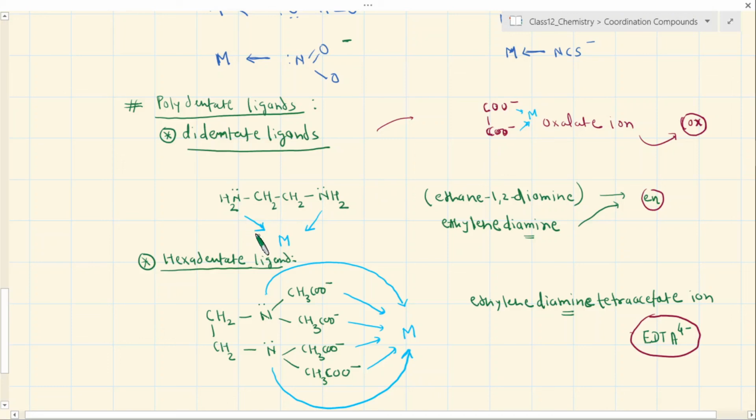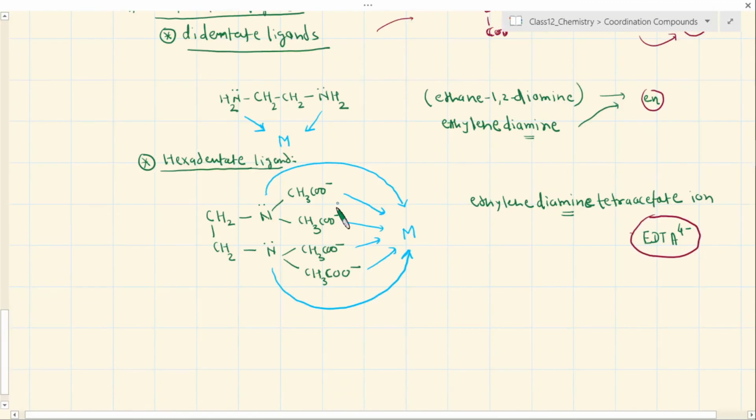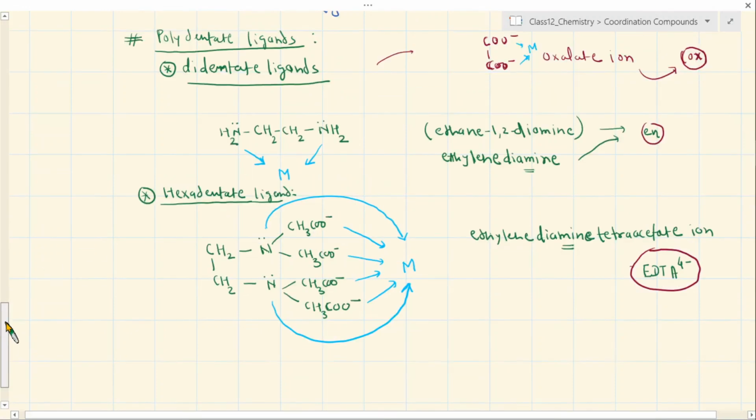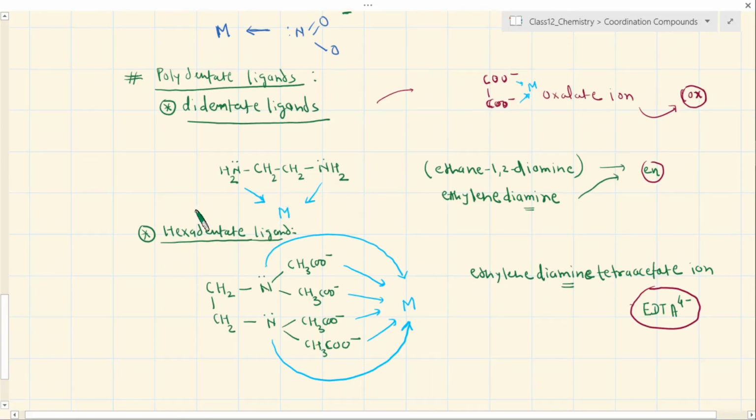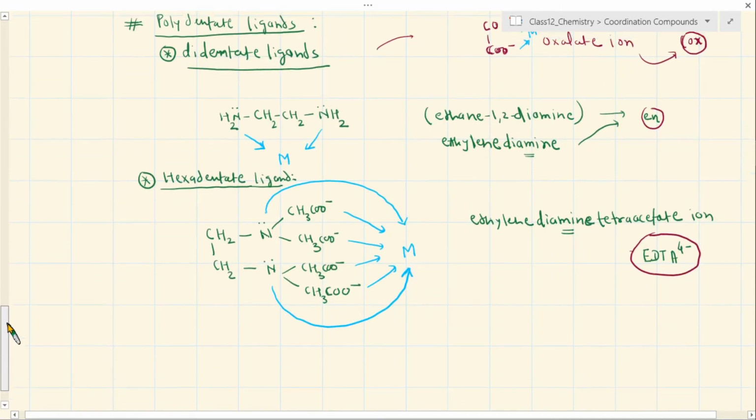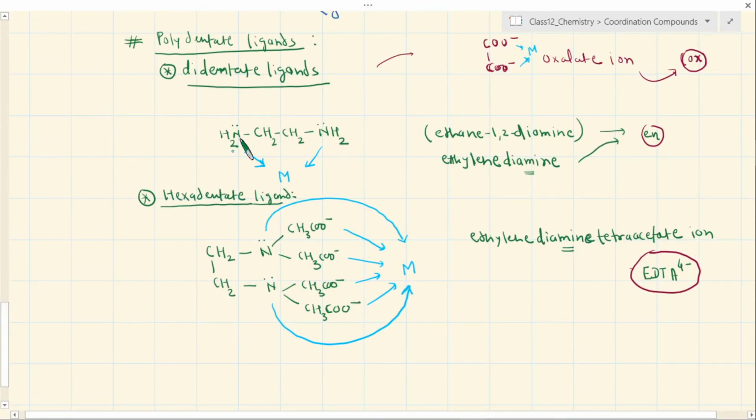You can see that all of them end up forming a ring structure. Wherever you have a polydentate ligand forming a structure with the metal, they end up forming a closed loop. There could be one loop or multiple loops also, but all of them end up forming a loop kind of structure. Now you will realize and study a little later, when we are almost completing this chapter, that this actually adds a lot of stability to the complex compound. There is a name for these closed loops. This name is chelate structure, chelation. This process, where a multidentate ligand forms a closed loop with the metal, is referred to as chelation. So there is a process called chelation.